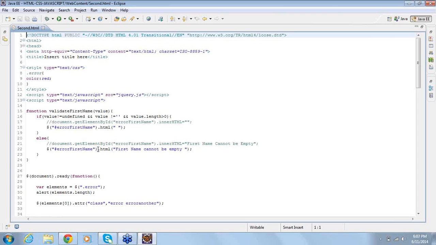Now I'm seeing that you have done something with the value. How are we supposed to use jQuery and reuse the function? Suppose now I have written a function called validate first name. But normally we don't write function names in the style of validate first name. So what we do is